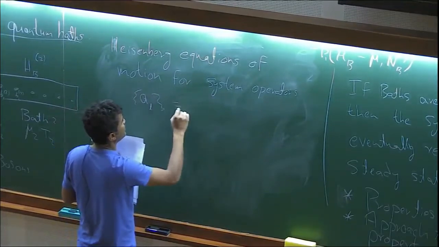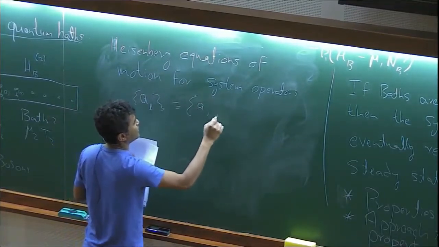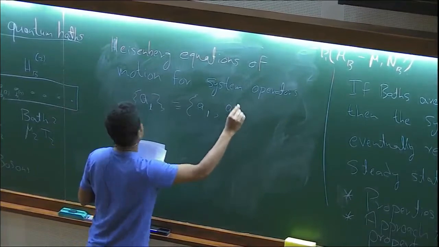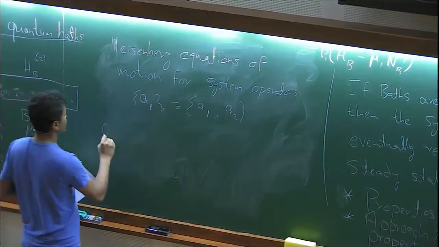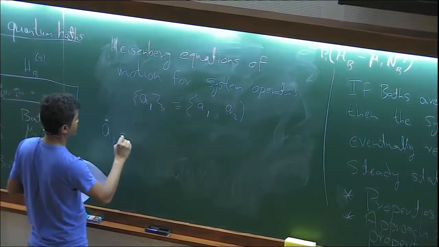In this case, it's just A1 and A2. So these are the system variables, A1 and A2, and what you can show is that they are in general given by